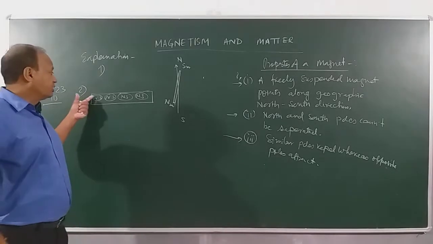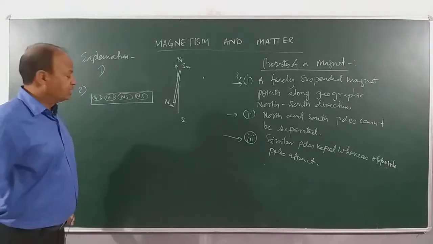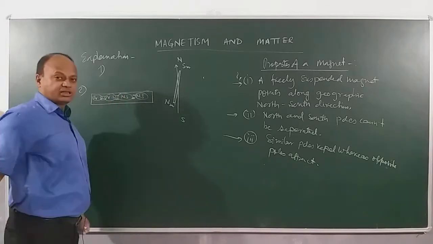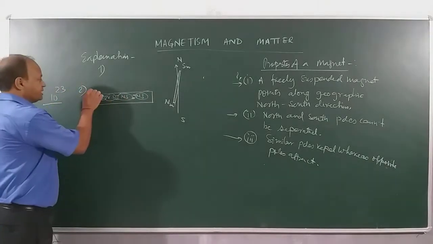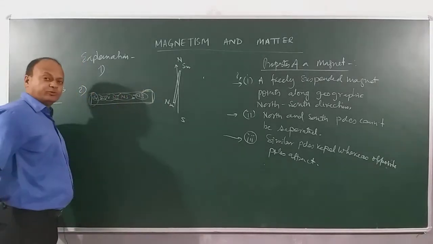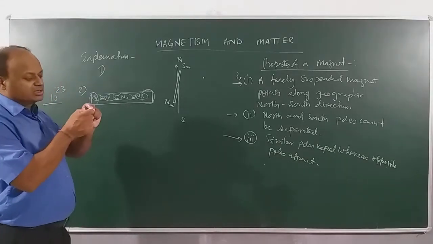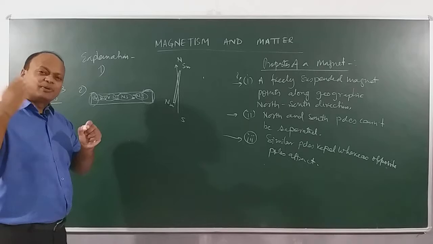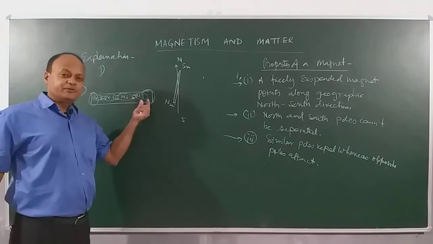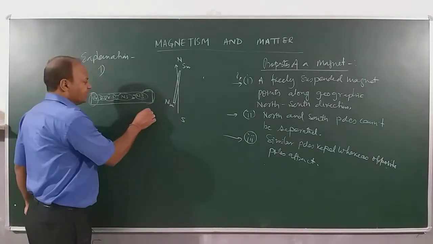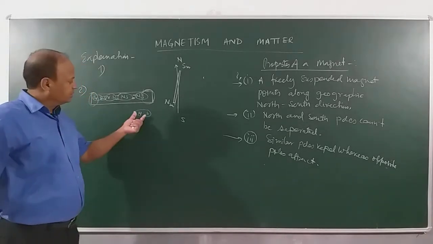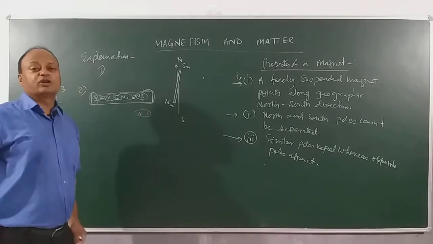And imagine all the north and south poles are aligned in the same direction. So what will you see? That along the length of the magnet, the north and south poles will cancel out each other. And in the end, you will see that on this side there will be unutilized north poles and on this side there will be unutilized south poles. So if I start breaking this bar magnet into small pieces, I will go on breaking, but how small can I break? I can maximum come down to the size of a molecule, and the molecule itself is also a magnet. Suppose I separated, which is nearly impossible, a single molecule, the molecule is still a magnet. So north and south poles cannot be separated.